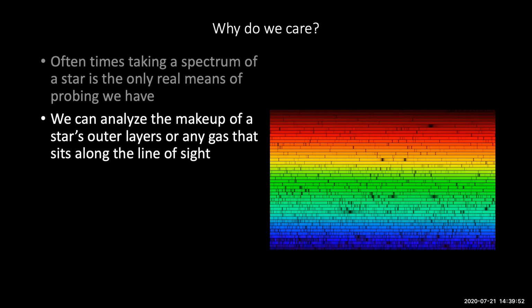So our sun emits light in all colors. Our sun is a black body, and thermal radiation like that is continuous. But the upper atmosphere of the sun contains a lot of elements, and those elements absorb some of the light on the way out. So the solar spectrum is never going to look like a complete rainbow. You're never going to get every single